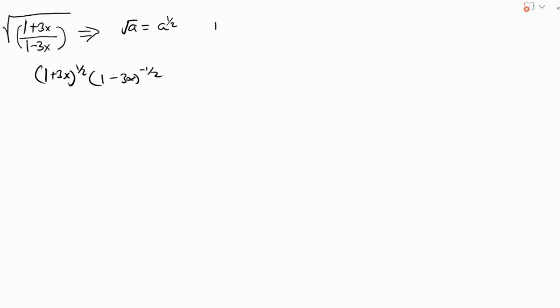let's say, x over y, this is the same as x times 1 over y, which is the same as x times y power negative 1. Remember, 1 over y is the same as y raised to power negative 1 according to the rules of indices. Now let's proceed. I will first of all expand (1 plus 3x) raised to power half, and